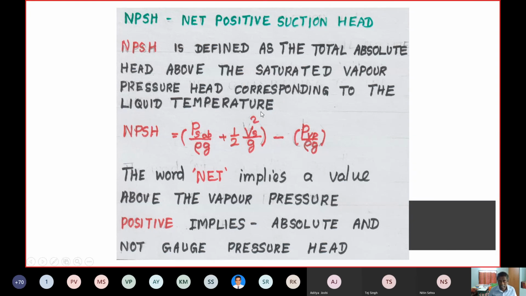So NPSH is the total absolute head. That means at the suction point S, you find out the absolute pressure divided by rho g. So this pressure head is there, plus the velocity head, because it is the total head, static head plus dynamic head: v squared by 2g. This is the total absolute pressure head above the, well, it has to be above the saturated vapor. So you have to subtract the saturated